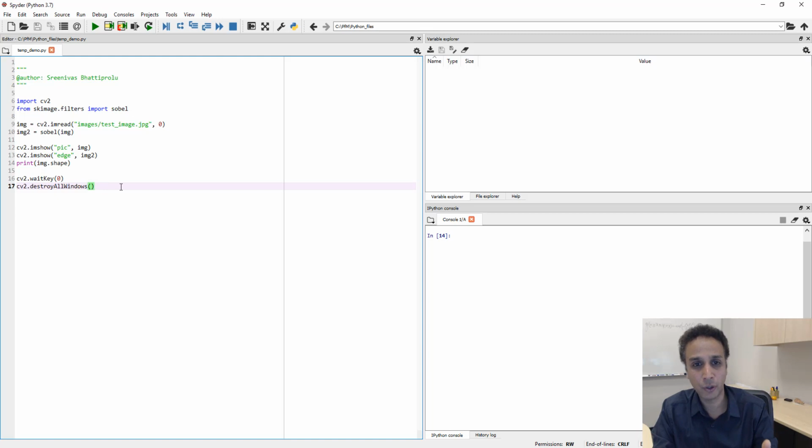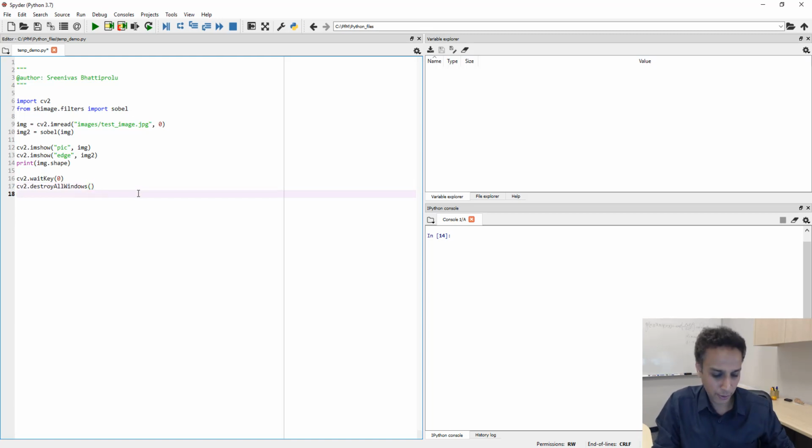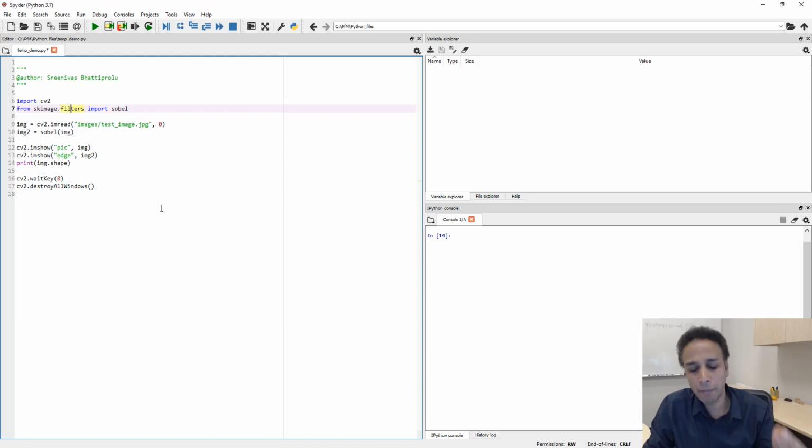When you're writing your code and you hit dot, for example, when I do cv2 dot, it opens up a list of what you want to do next. So this is one of the advantages of an IDE. And a couple of other terms: I already talked about importing cv2 or scikit-image. These are called libraries. Libraries are pre-packaged pieces of code that you just import into your existing code,